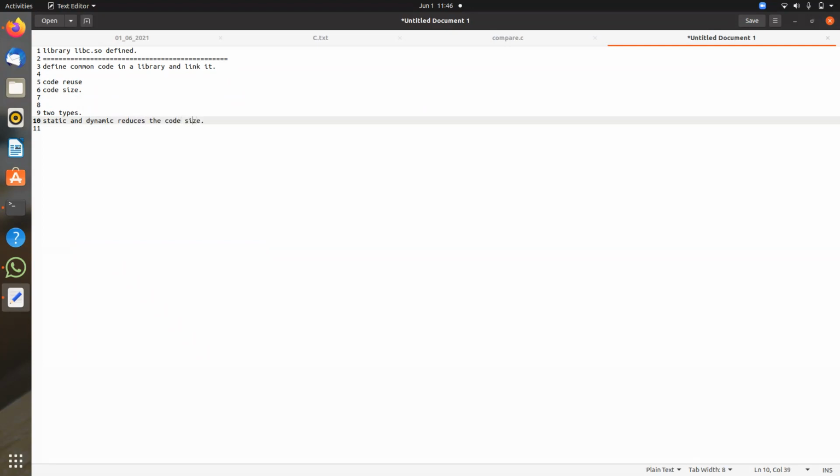Both are libraries, but one is resolved at compile time, the other at runtime. With static, code size will be increased.